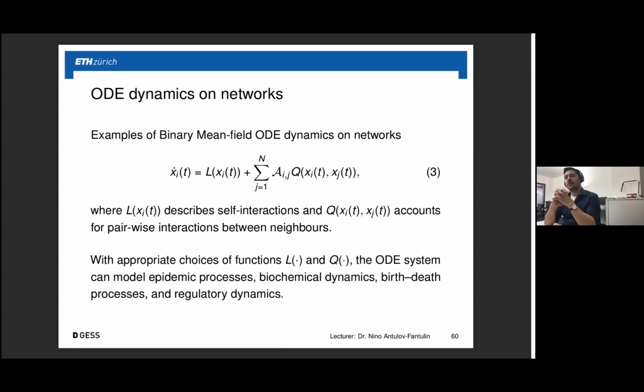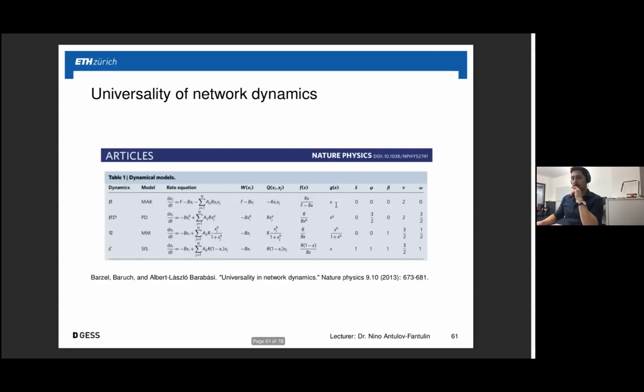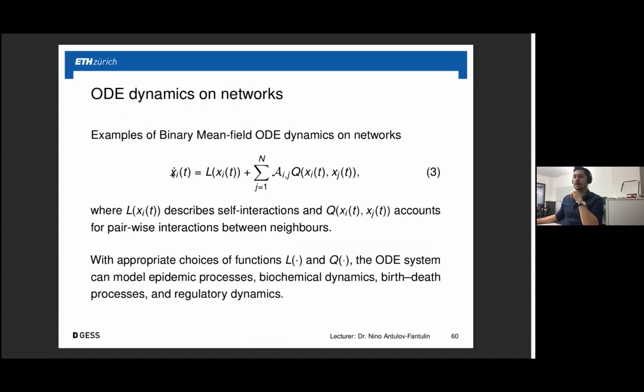And because Thomas during his lecture was already using this type of machinery of differential equations for modeling agents, I would also start with this approach, where I would start with a model that was published in this paper. It's called Universality in Network Dynamics, Nature Physics. In this paper, essentially you have the following system of differential equations. For every node indexed with i, its derivative of its current state is decomposed into two parts. So the first part, this part here,